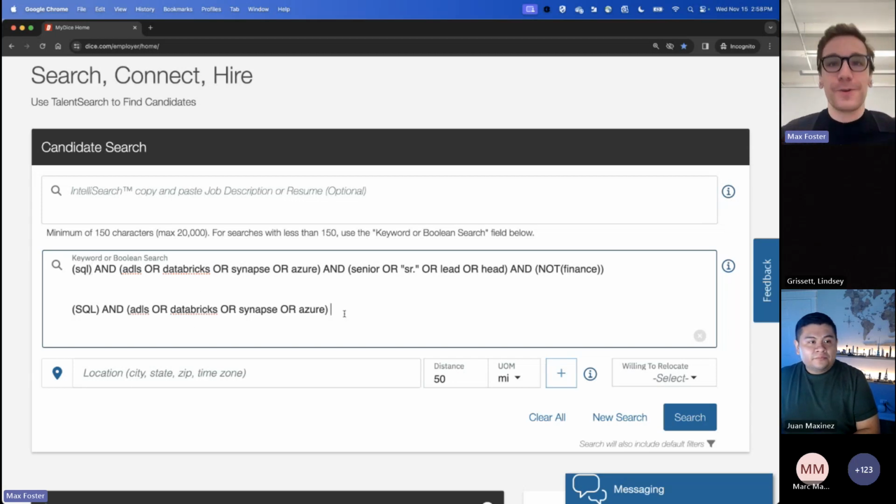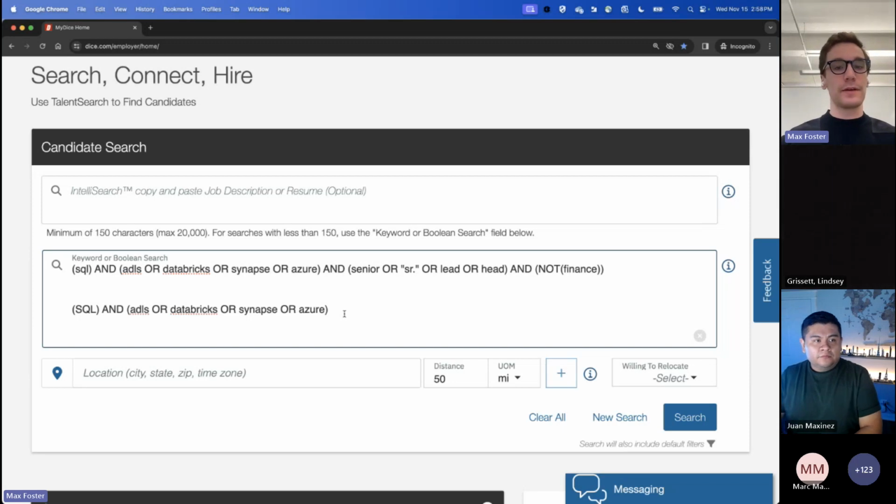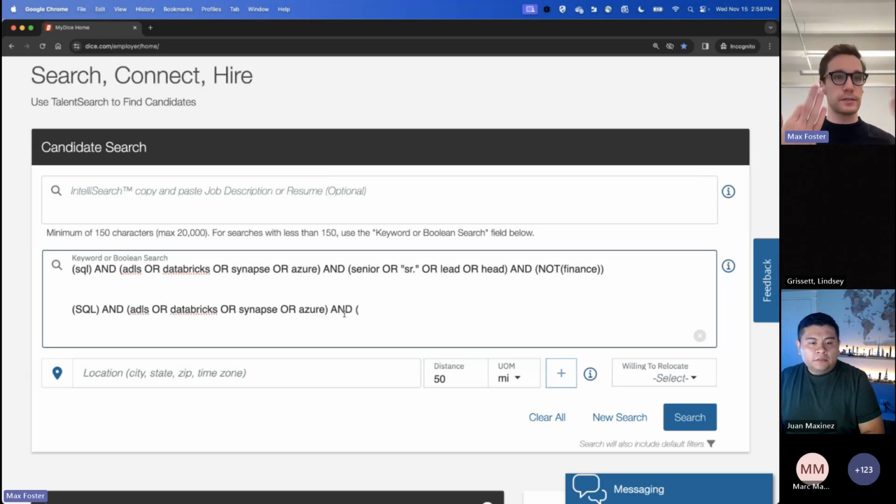Okay, everybody, I'm going to continue on here. Then I'm going to add in another section of our Boolean, and let's add in that senior portion. That seems to me one of the most important things. Now, as Juan already asked, what do you think about qualitative type words? These are inherently qualitative, and this is where it gets to that sticky point. Oftentimes people come to Juan and me and say, I'm looking for somebody with 15 years of experience in this program. We can help look for some keywords that might denote that, but keep in mind, this is not at all required. You should really be looking at the full resume and noticing people's years of experience.